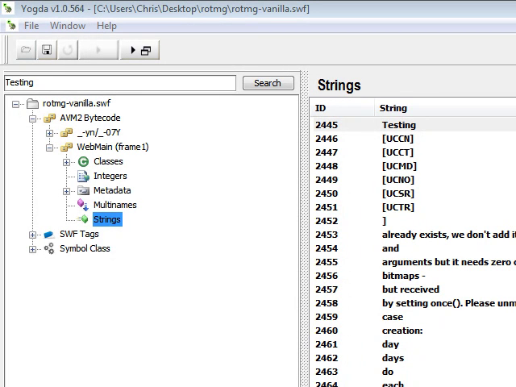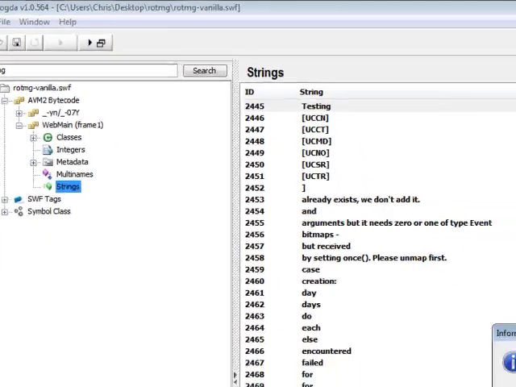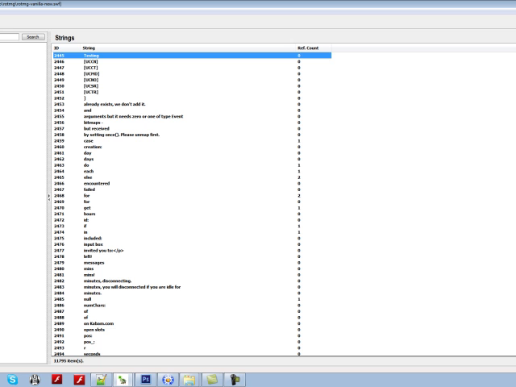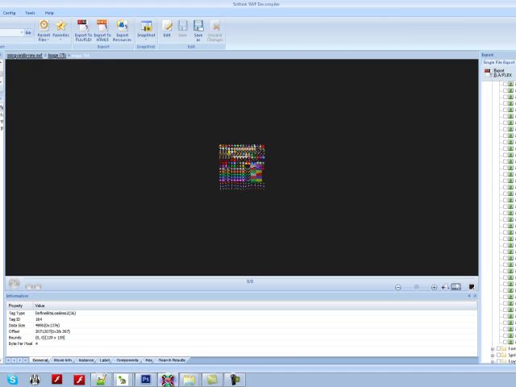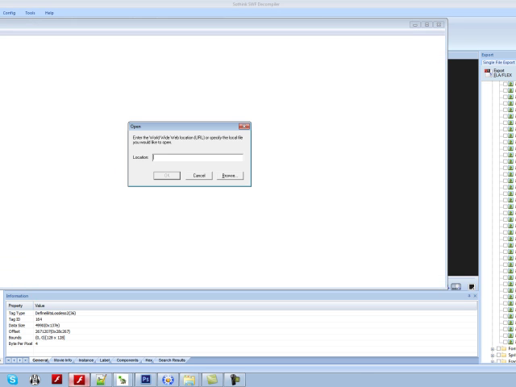That's just so that you still have the original SWF unedited in case you make a mistake, which is a really good feature. Just click OK, and then we're done with Yagda for the time being. What we're going to do next is go into SoThink SWF. Well, actually, you should double check and make sure that